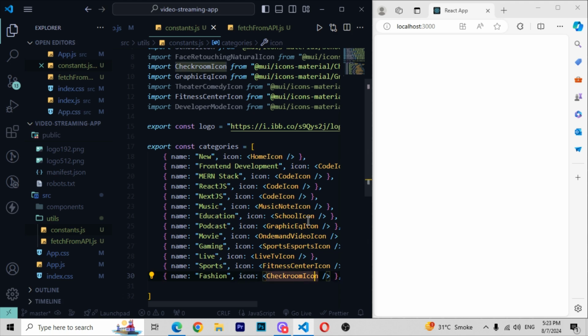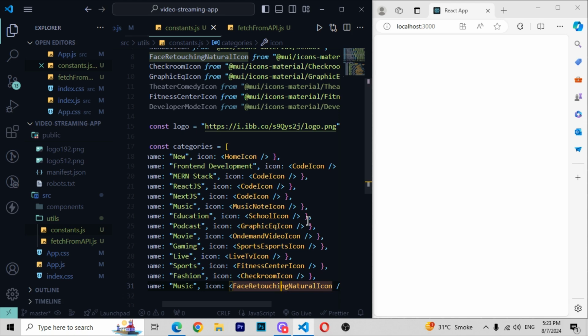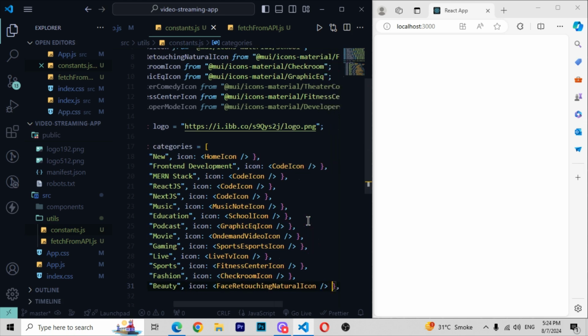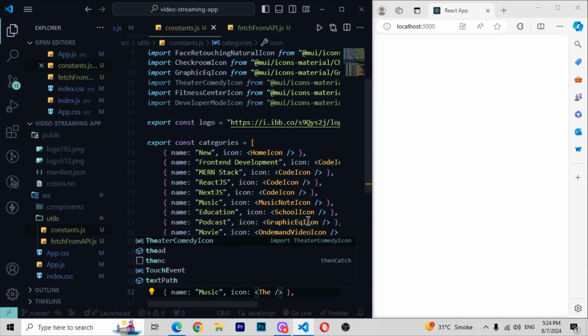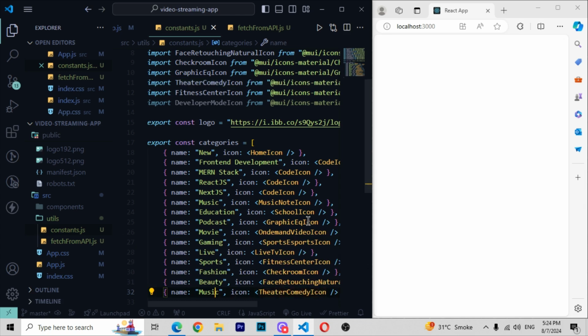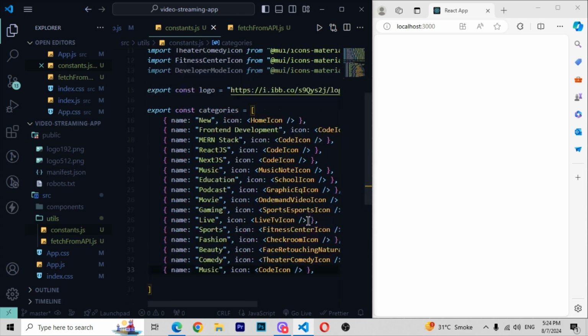and then I will be moving down, and in the place of this code icon again I will be moving, and here I will be writing as face retouch natural icon, and then here in the place of music I will be writing beauty. So you can just see we have written this thing, then move down here, and after moving down I will be pasting the same thing, and then here I will be removing code icon, and in the place of code icon I will be writing here theater comedy icon, then here in the place of music I will be writing as comedy, and then here I will be moving down, paste same thing here,